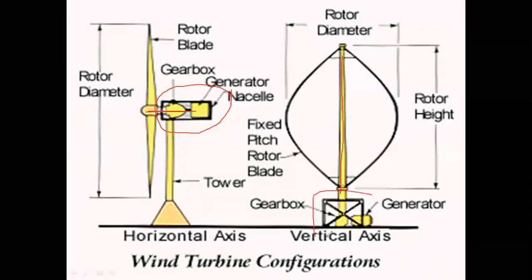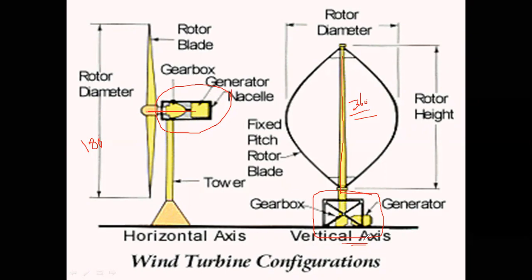But here, at the bottom they are placed the control mechanism. It is rotating only in a 180-degree deflection, but the vertical axis windmill is rotating in a 360-degree direction. It is available as a single blade system, 2 blade or 3 blade, based on n number of systems. Here also the structure is different. But here it is a tall structure. This is the short structure. The vertical axis windmill, we can place at any of the places. No need to measure the wind velocity. It is not affected by obstacles.